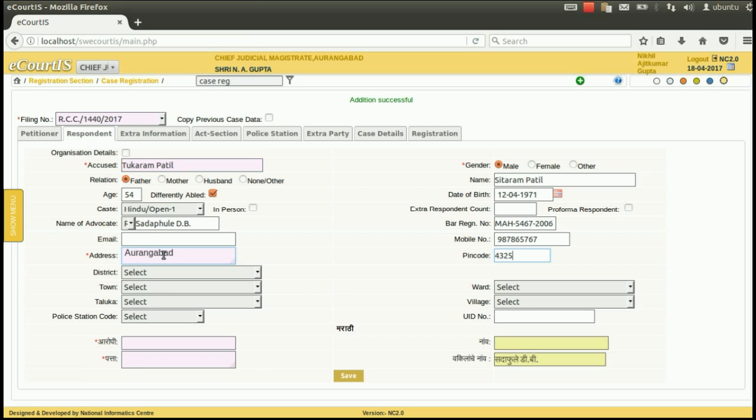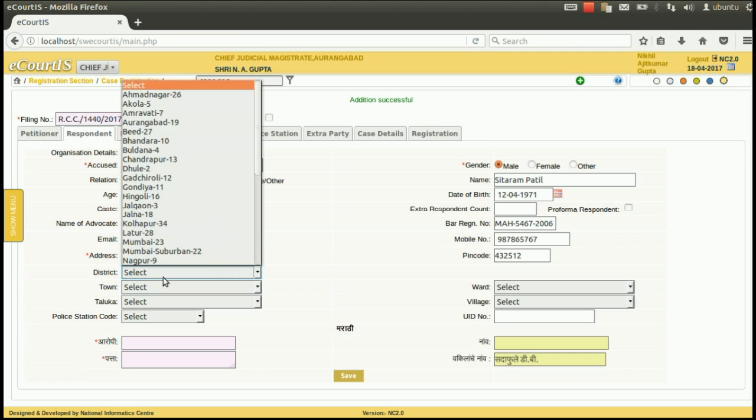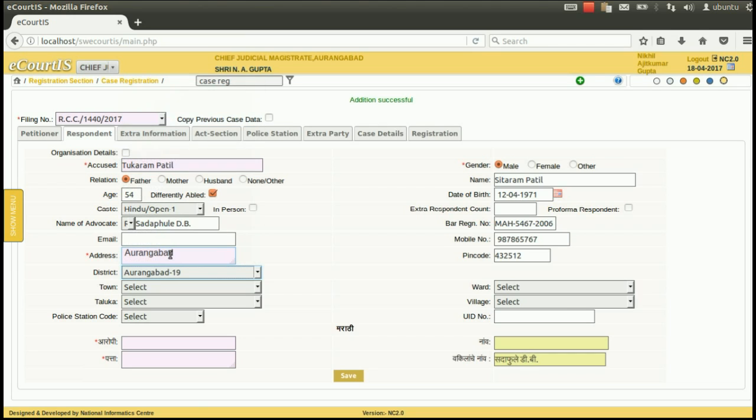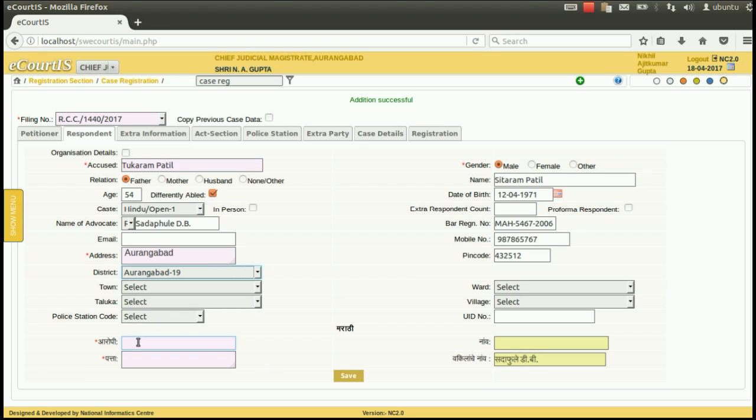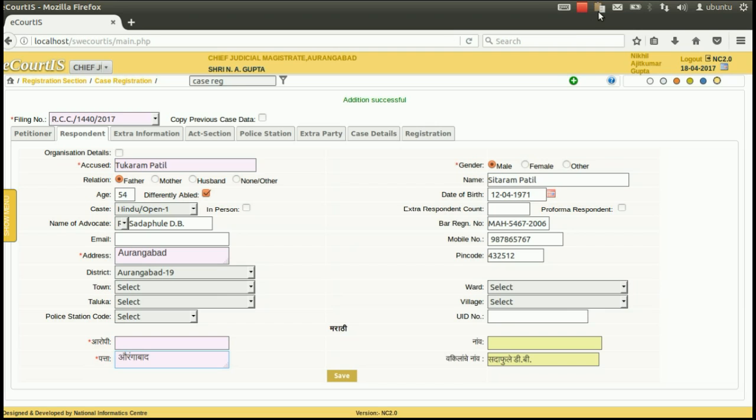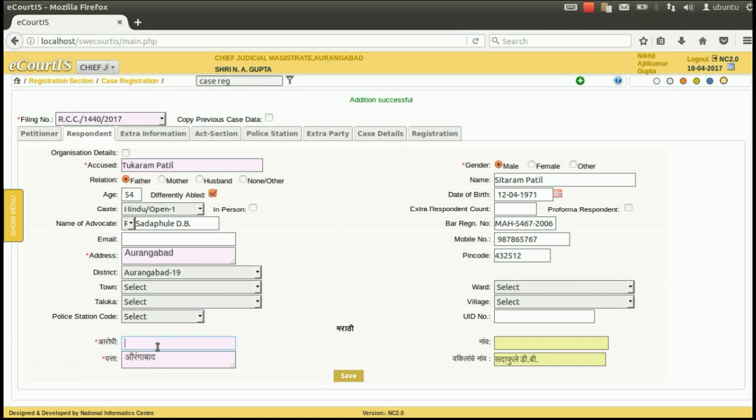Pin code. The district. Select the town, taluka, ward, village, etc. Enter his details in Marathi, that is bilingual, and press save.